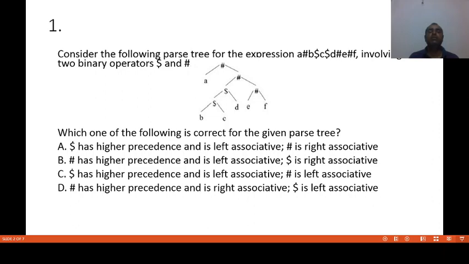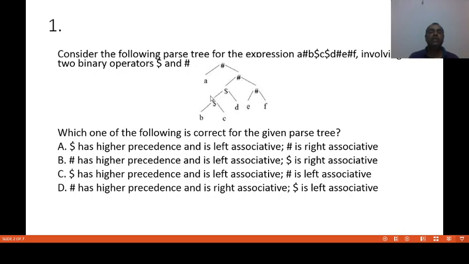Now our task is to find out the associativity of hash. You can see here in this tree B $ C $ D # E # F. In this case, first the right hash is evaluated here, then the left hash is evaluated here.